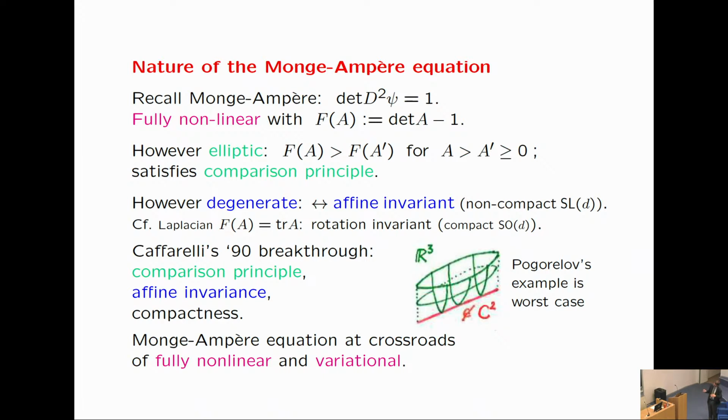The variational setting, after all it's the Euler-Lagrange equation of optimal transportation, and the world of maximum principle, fully nonlinear elliptic equations, viscosity solutions, and so on. In this world, it's an elliptic equation because this functional on matrix space that defines the PDE has this monotonicity property, which means the comparison principle holds. But it's degenerate, and its degeneracy is intimately related to the fact that the equation has a much larger invariance group than the Laplace equation, which just has rotations and reflections as invariance group. The Monge-Ampère equation is affine invariant, and the degeneracy, in a certain sense, is a price to pay, which comes with this